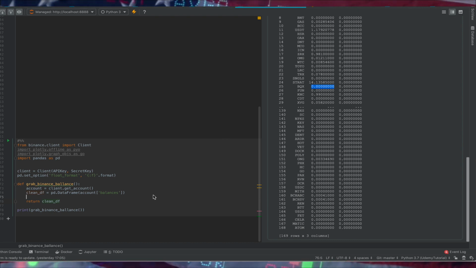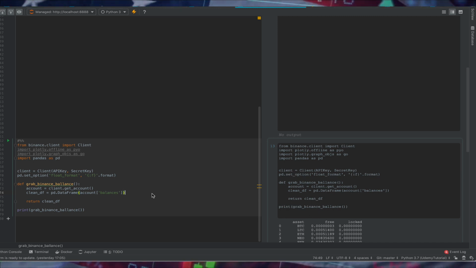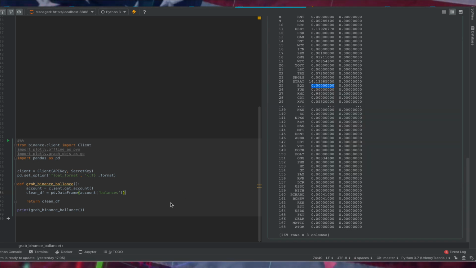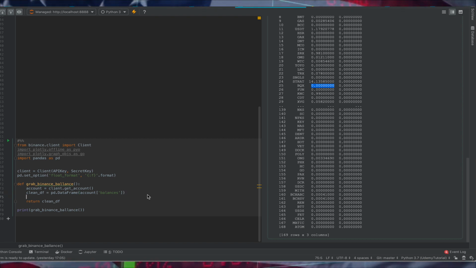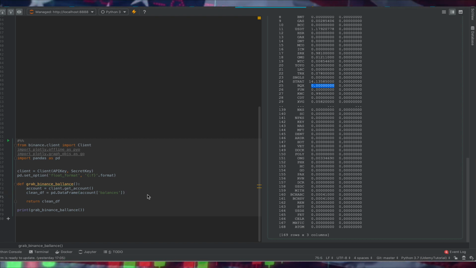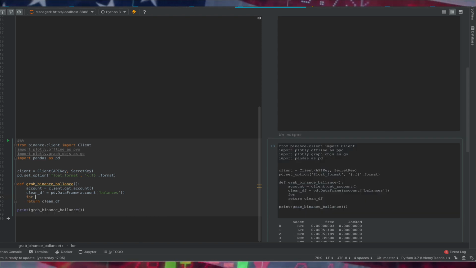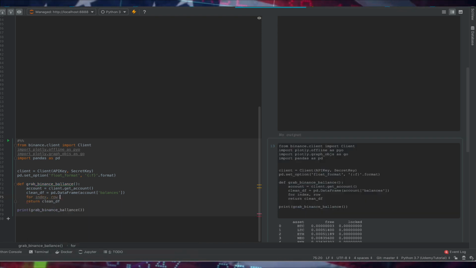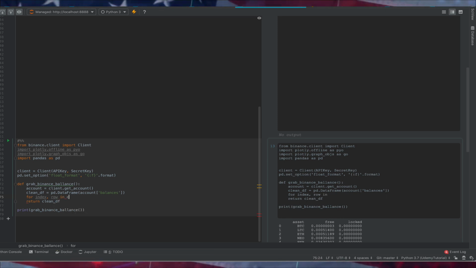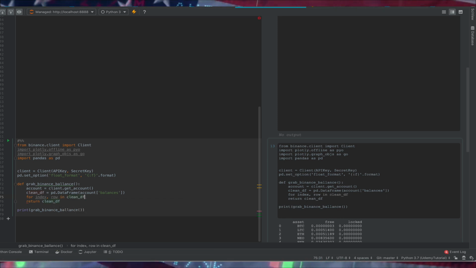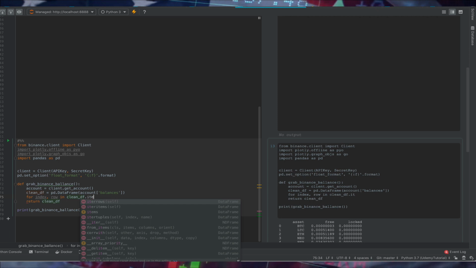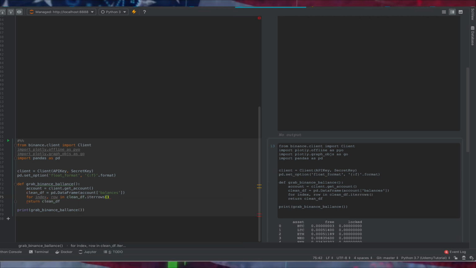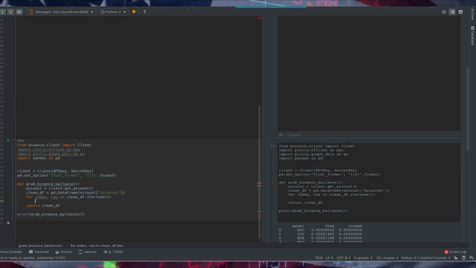So what we need to do first is format this data so that we get rid of all of the zeros, and we're only left with important information that we can actually use. Stuff that actually has a balance within it. So we're going to create a loop here. So we're going to do for index, row in clean data frame. We want to basically iterrows. So we're going to iterate through each row, and we're going to call